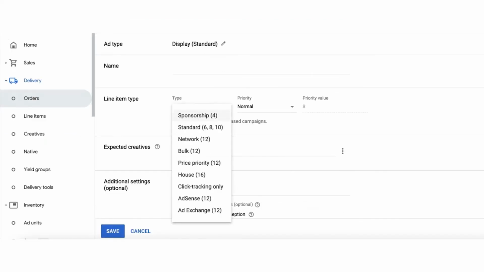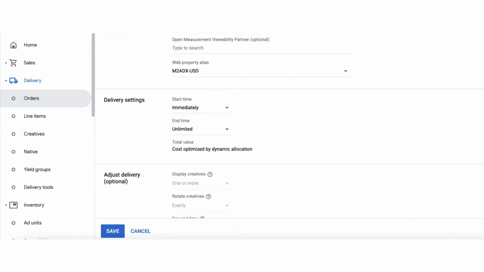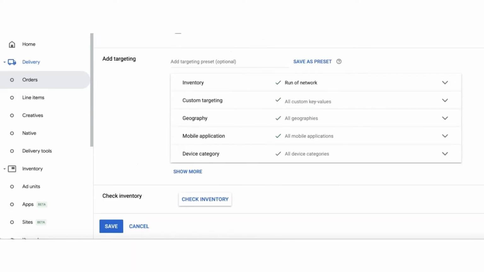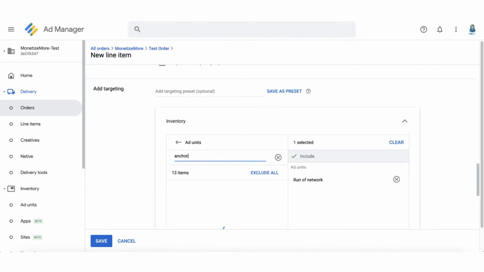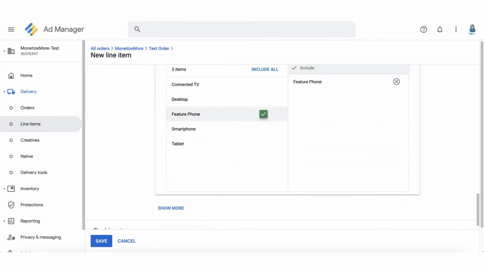If running Ad Exchange on dynamic allocation, include the relevant ad unit in the inventory targeting. Google advises to also set up the appropriate device targeting, which are smartphone, feature phone, and tablet if applicable to your ad layout. This is to avoid unintended delivery of the anchor ad if support for desktop anchor ads becomes